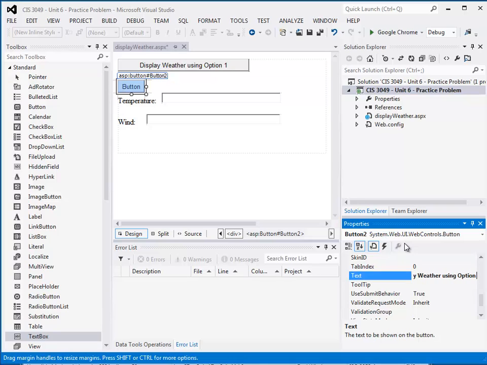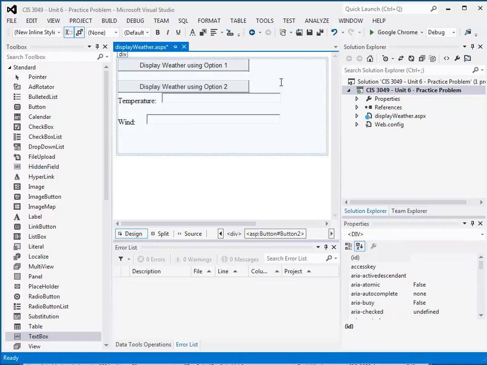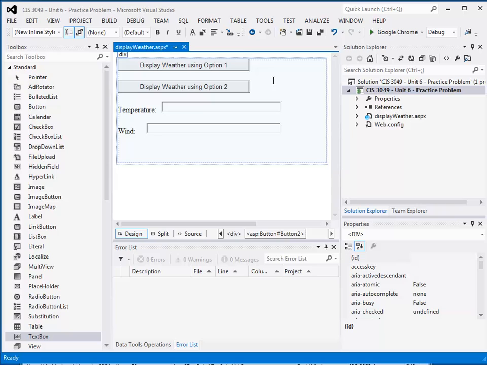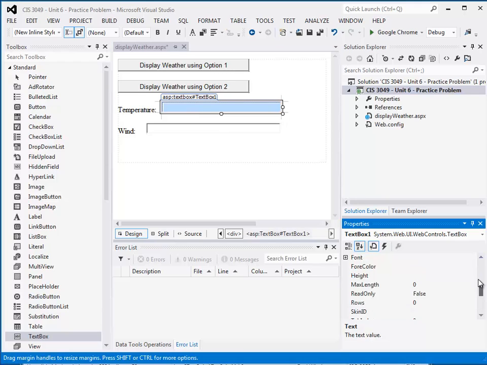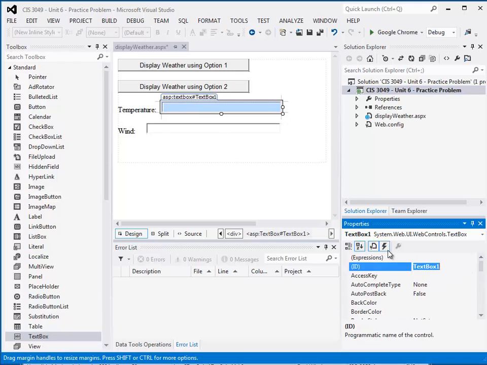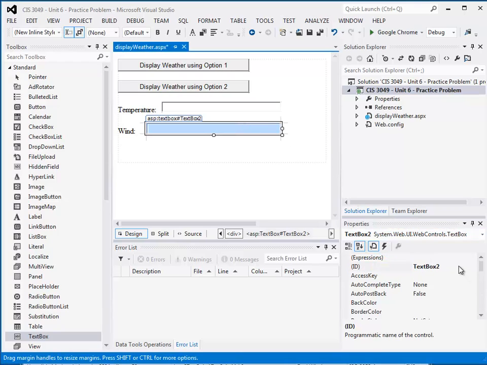Using option 2. Okay, and another return there. Okay, so now let's enter some code for these. Let's see, did I name these text boxes? No. So I want that to be txt_temp for the temperature, and I want this to be txt_wind